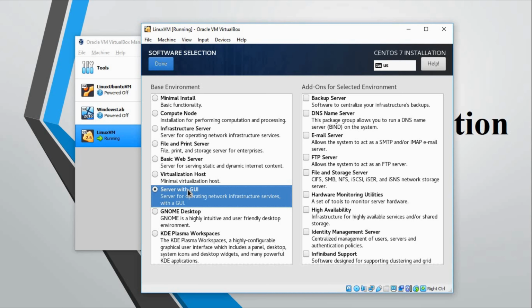But I would say at least 80% of corporate environments do not use a GUI. They always use the command line interface because a GUI takes a lot of resources. But for this lab purpose, I will just go with Server with GUI, and now go ahead and click on done.